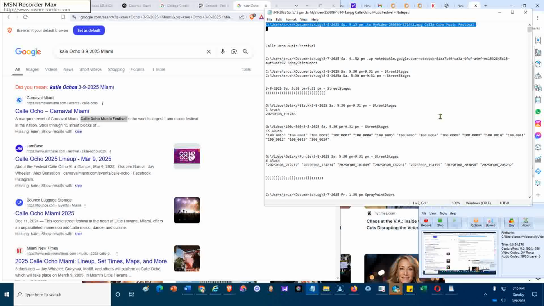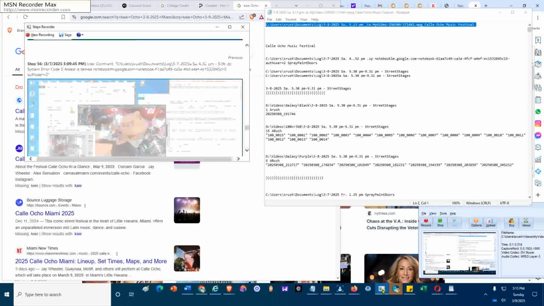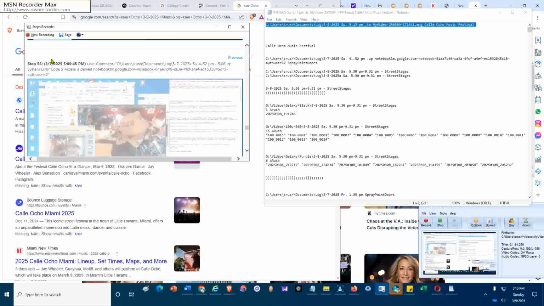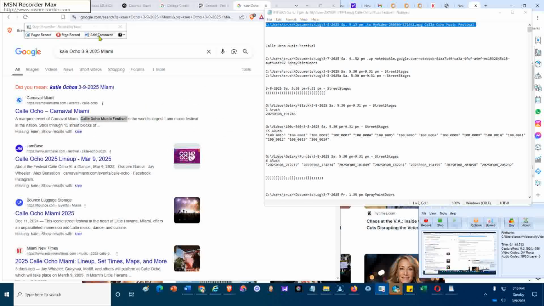So for that purpose I'm going to run some recording software, starting with the Steps Problem Step Recorder. Verify that the setting is 999 for the number of recent screen captures to store, okay, and then start a new recording and immediately add a comment with the file name that I just created and enter,